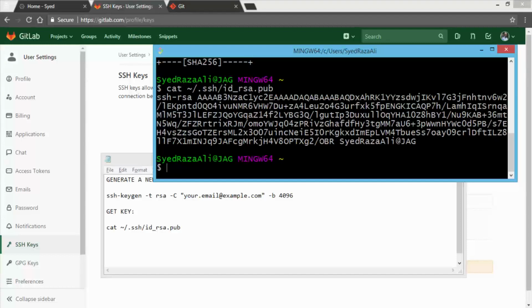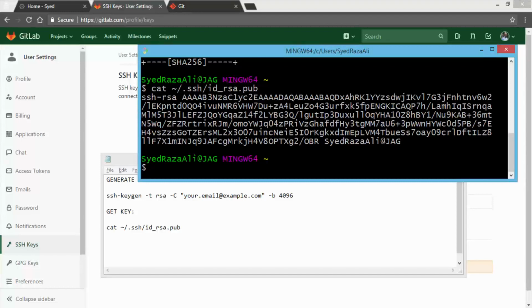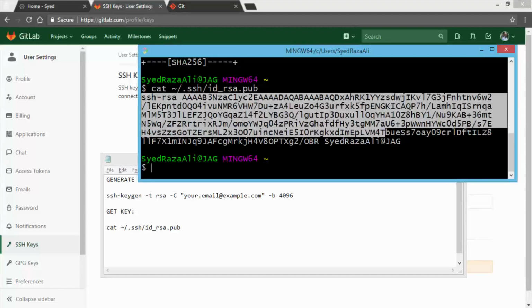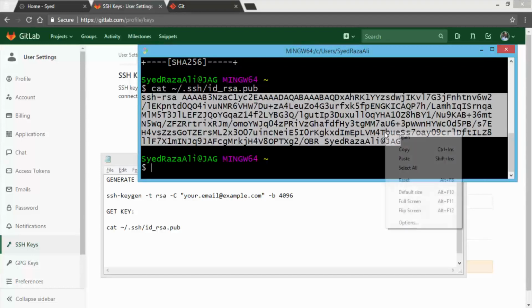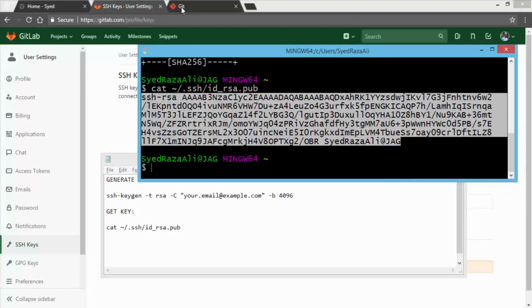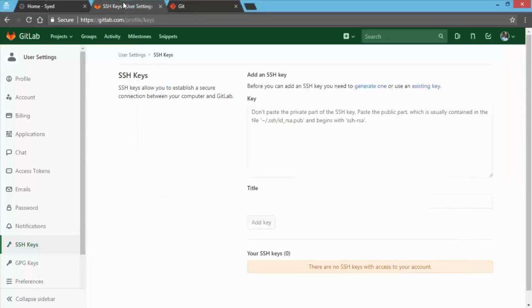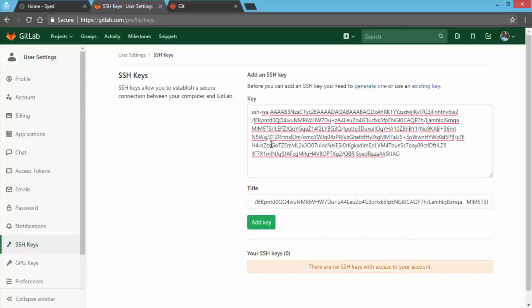Hit the enter key and you will have your key. And that's as easy as it can be. So now I'm going to copy this key here and navigate back to my GitLab online and simply paste it, add the key,